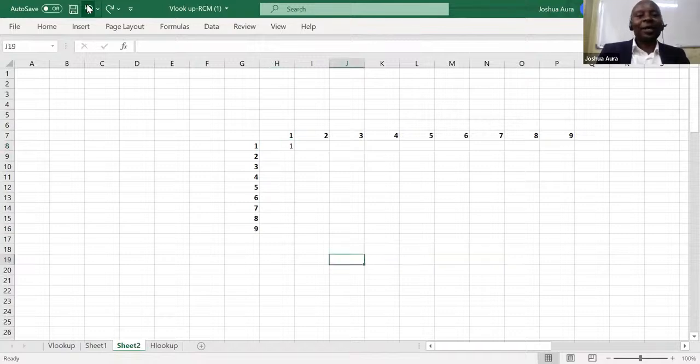Now, here we are. All right. So the first cell is here. So I'll come and say equals. So this equals, what do I want? I want to multiply this one and one. So this one, I'll pick it. I say times